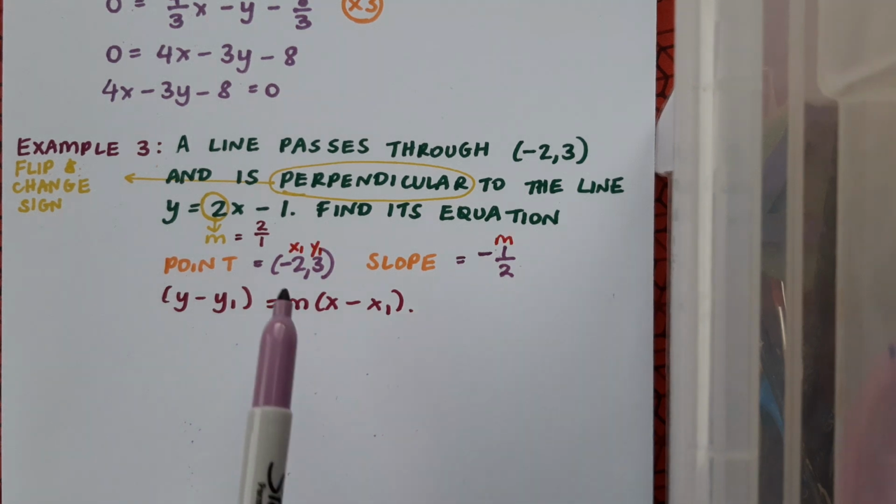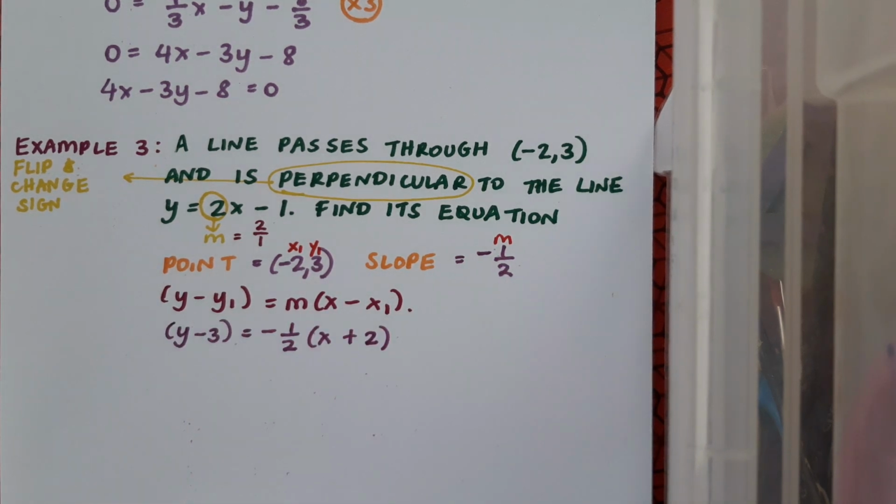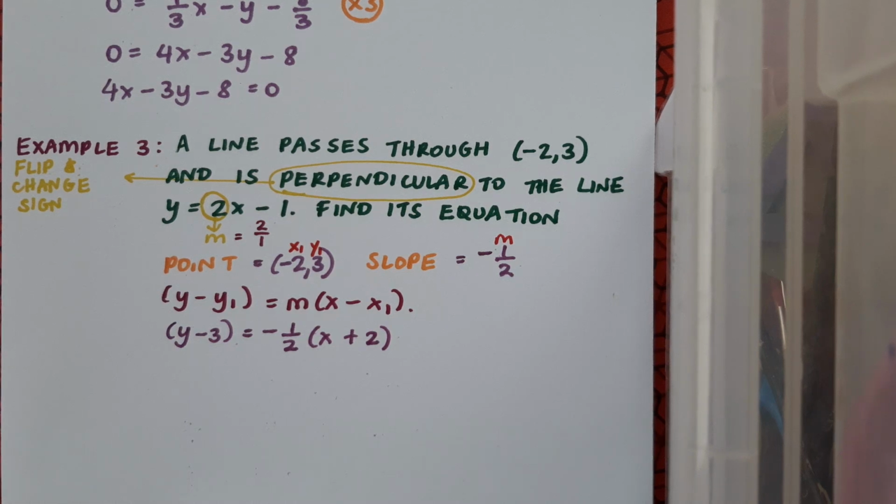Okay, so I've labelled my information here, x1, y1 and m, and now I'll fill it in. Again, watch out there for your double negatives. So this time I'll get y minus 3 equals minus a half bracket x plus 2, and now I want to multiply out. So that's going to give me y minus 3 equals minus a half x minus 1, and now I haven't been told to give any particular format for my answer,